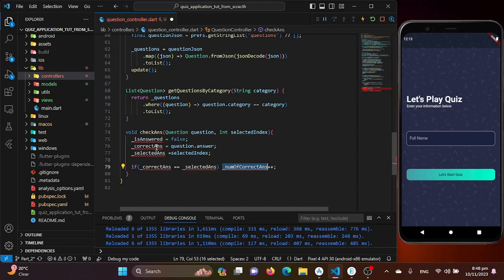We will be using this variable in our main quiz page. So if the user has selected the correct answer, just increase the correct answer count, and then